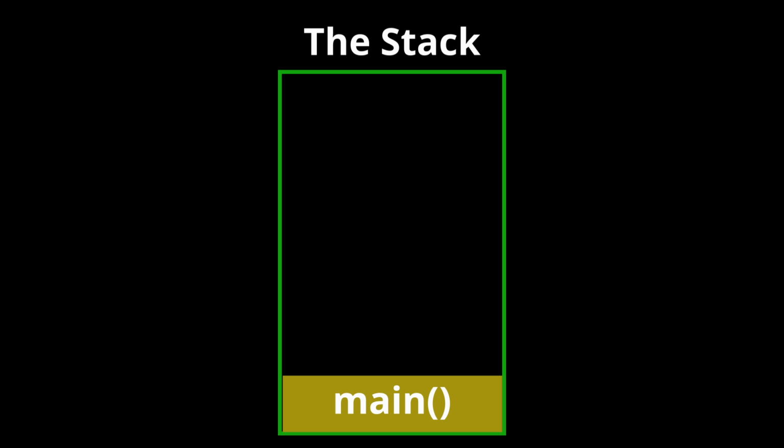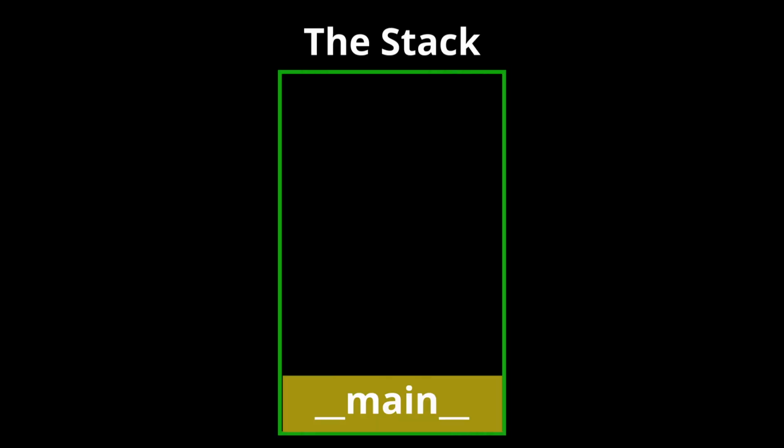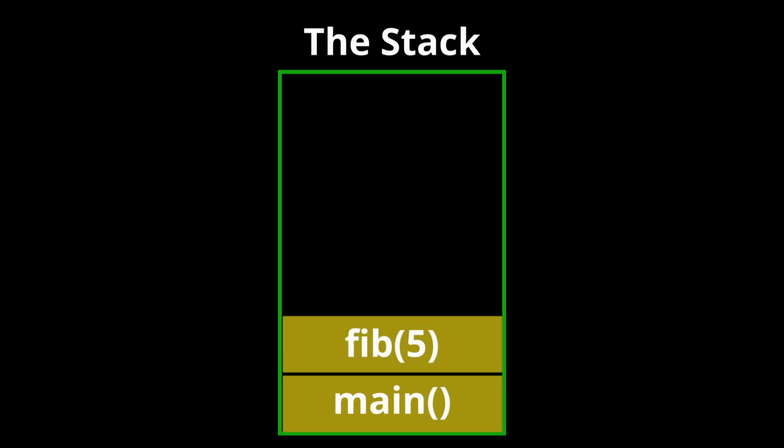These data points will differ between programming languages. In the language I'm using here, Python, we actually have two completely different stacks at play. One is the one used by the Python interpreter, and the second is the one that runs our Python code. In this case, it always starts with a __main__ frame. In our Fibonacci example, the first function that is called is Fibonacci, and we pass a value of